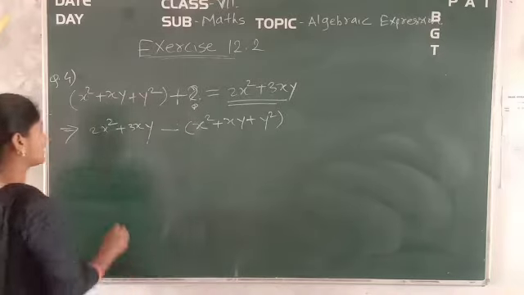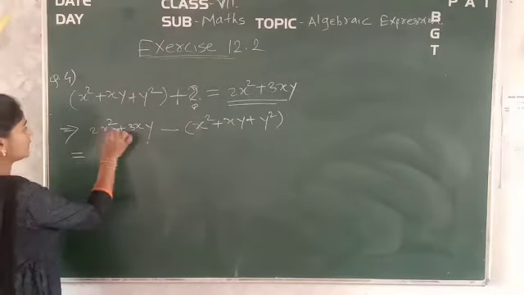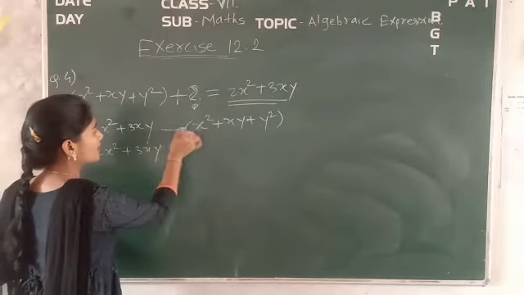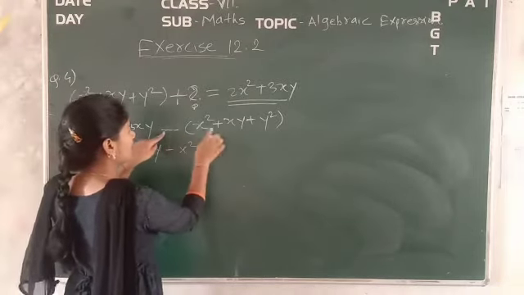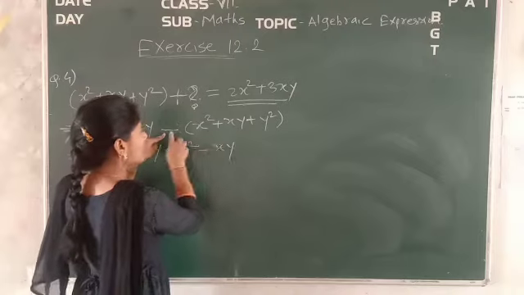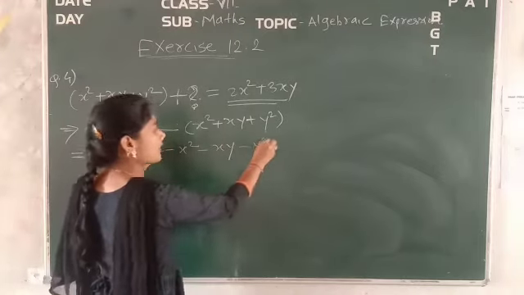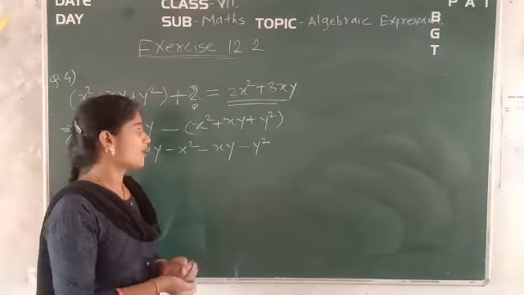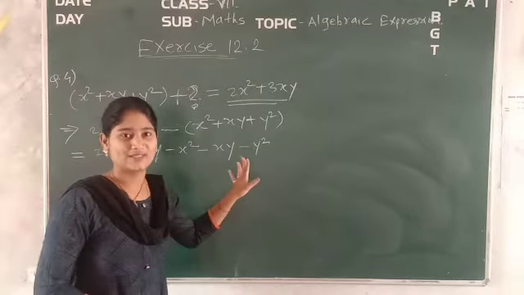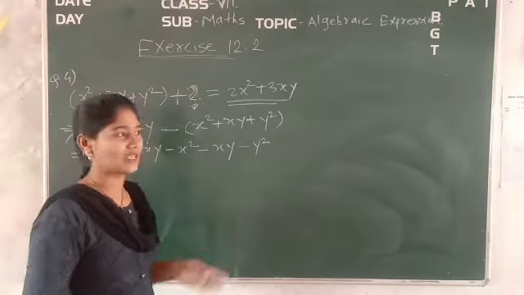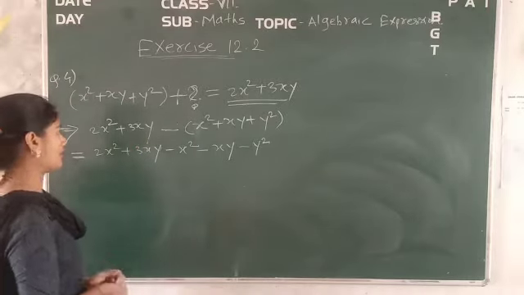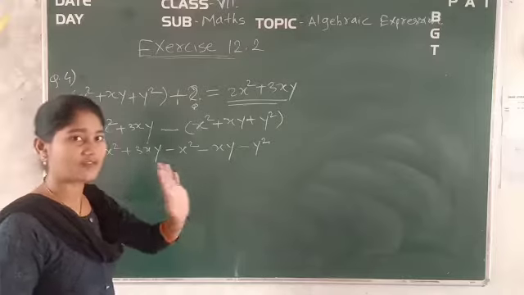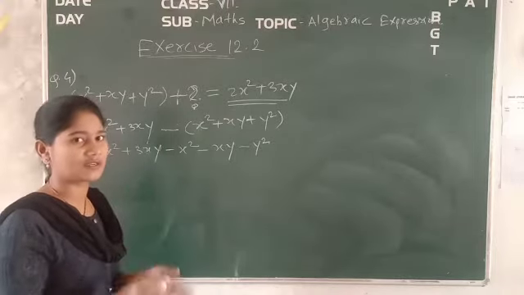So let's multiply, which is equal to, that is, this term will remain as it is: 2x square plus 3xy minus plus minus x square, minus plus again minus xy, minus plus minus y square. Okay, so that is the difference. Because of one single minus sign, all signs have become minus here. It was plus before that. Okay, so just do the calculation right now. If opposite terms are there, you can cancel out. If opposite terms are not there, you have to take the like terms together.